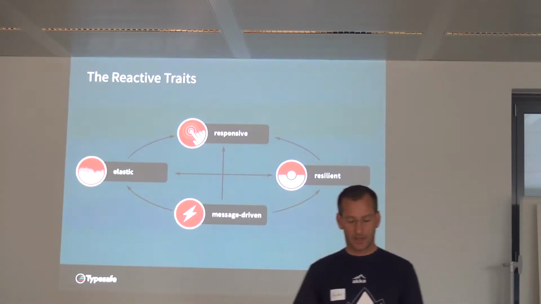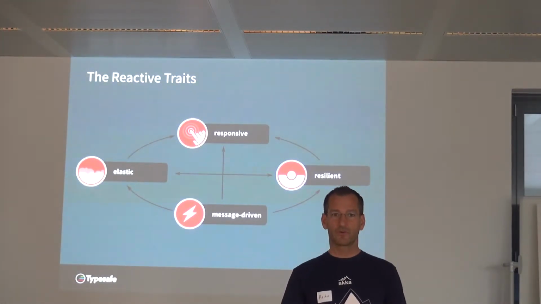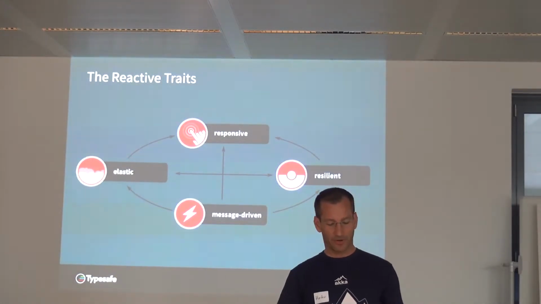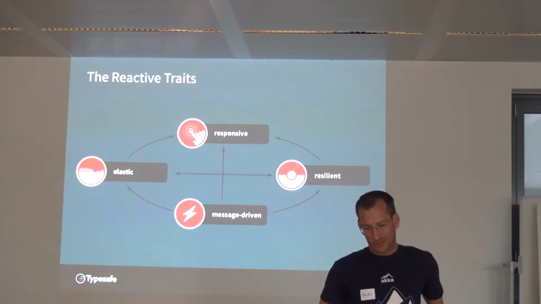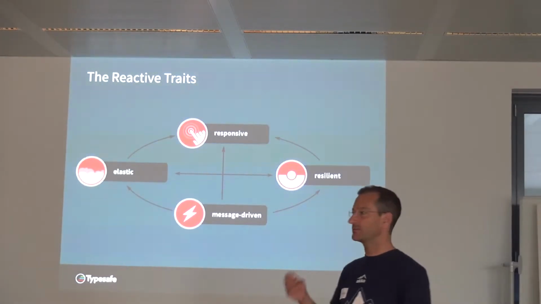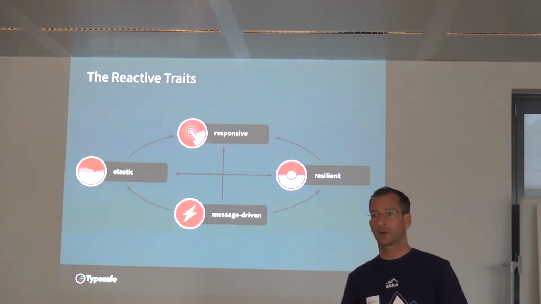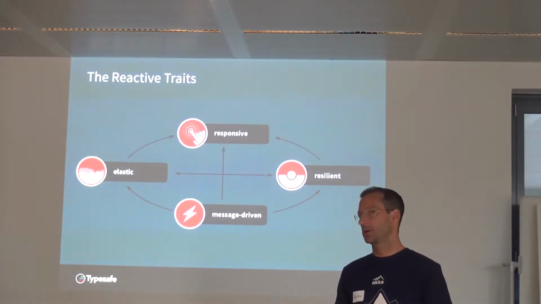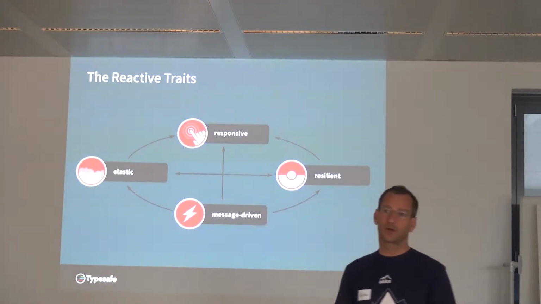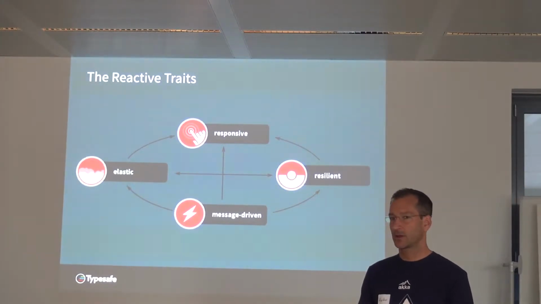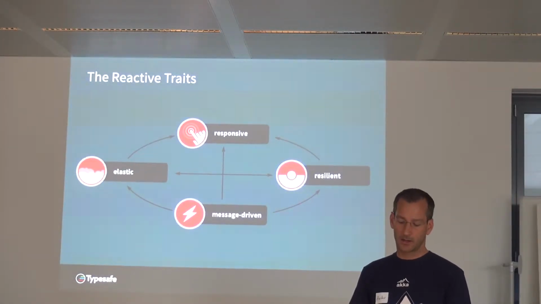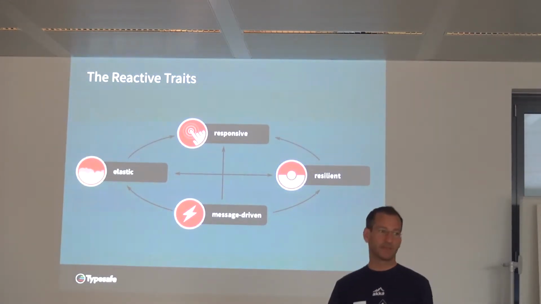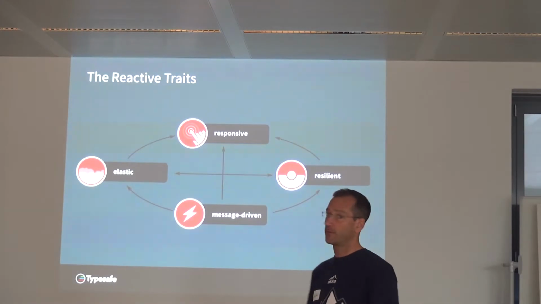Resilient is really interesting, and it has been sort of new for me. Like in my Java EE career, never thought about that. So resilient really means staying responsive under failure. And that's a really hard problem. So you need to employ concepts like replication, like delegation, and stuff like that. There are various ways to do that, and of course there's an Akka way to do it, and we'll take a look later.